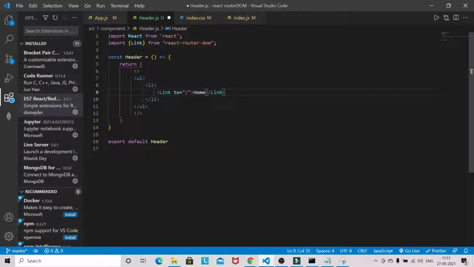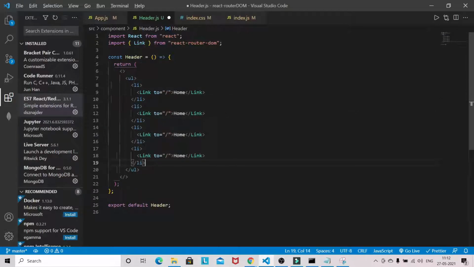I will copy it a couple of times. This one will navigate to the news page, this will be the about page, so it will navigate to the about page, and this is the contact, so it will navigate to contact.